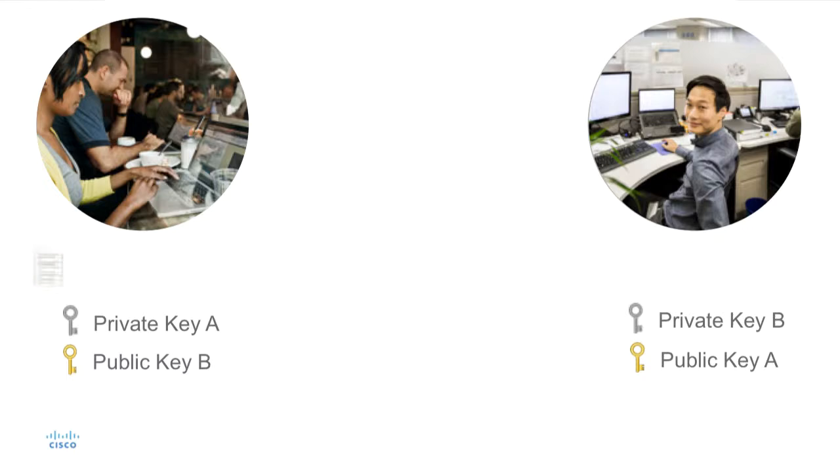Okay, so now Alice wants to send some traffic over to Bob and wants it to be encrypted. So that clear text message is going to be encrypted using Bob's public key. That encrypted message is then sent across, where Bob will decrypt it using his private key. The result will be the clear text message. Bob can then reply back to Alice by encrypting using Alice's public key,